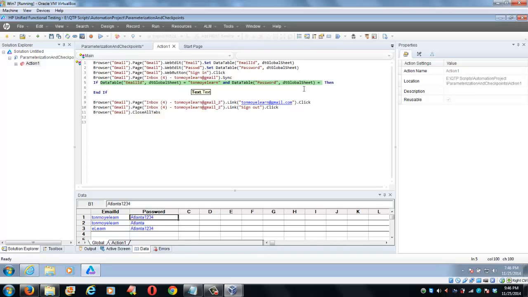So here we'll click on that link on the top right corner and then click sign out and provide an output here,